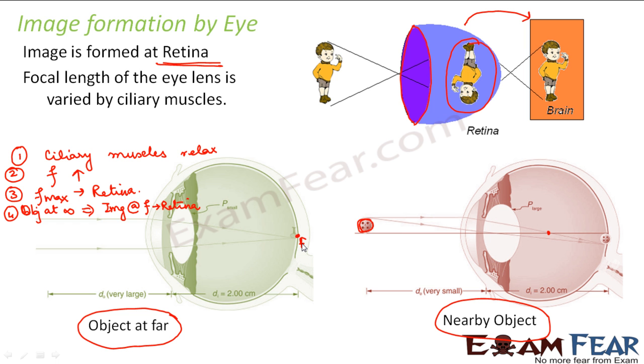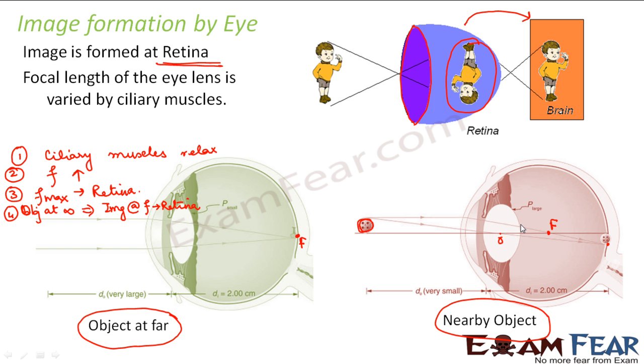Now when the focal length decreased, the focus is here. In the earlier case, the focus was on the retina, where focal length reached its maximum value. In this case, the focus is here. Therefore, a ray coming parallel to the principal axis passed through the focus. Another ray which passed through the optical center of the lens went without any deviation, and they both met at this point, which is nothing but again the retina. So if we bring this object even closer, the ciliary muscles will contract even more, and therefore the focus will shift even more towards the lens.